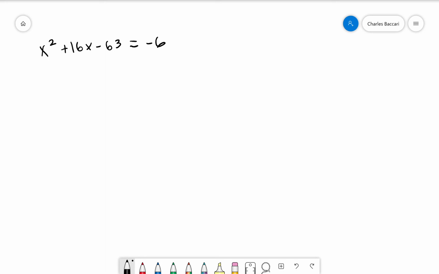Okay guys, so what we're going to do now is solve an equation using completing the square, and the goal of this is to find x values where the following is true. And so we're technically solving quadratic equations. And so what we're going to do first, we're going to add the 63 to both sides